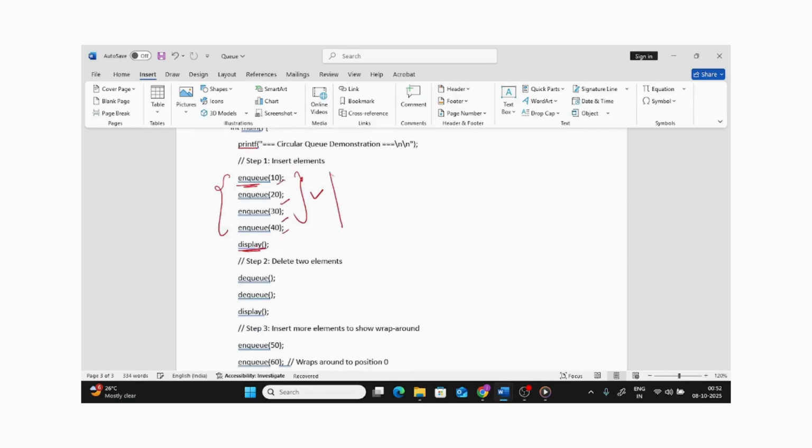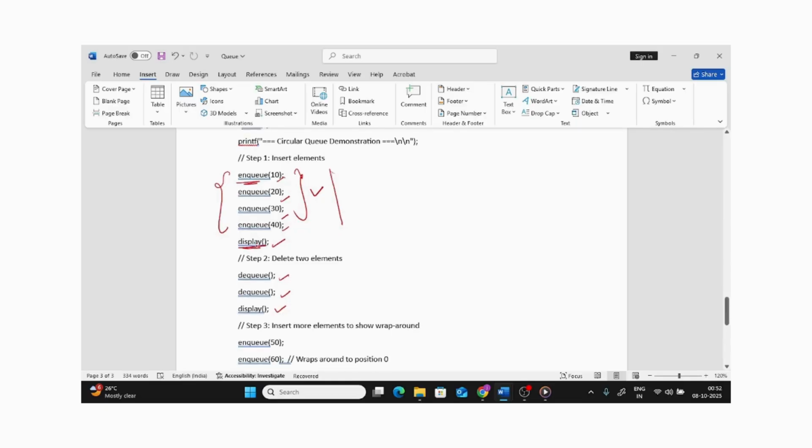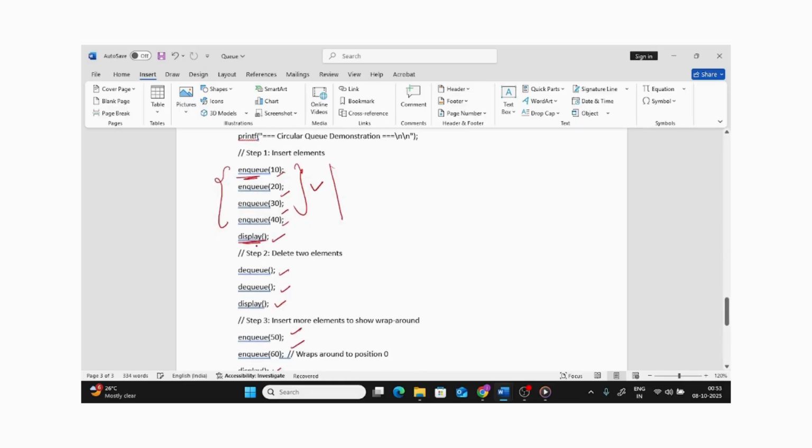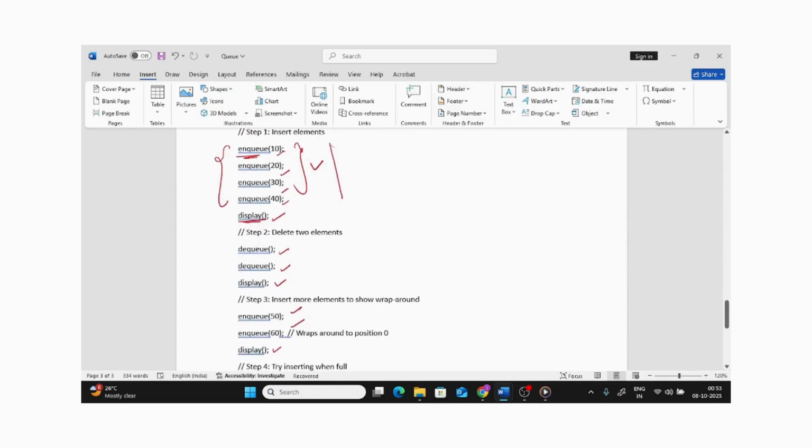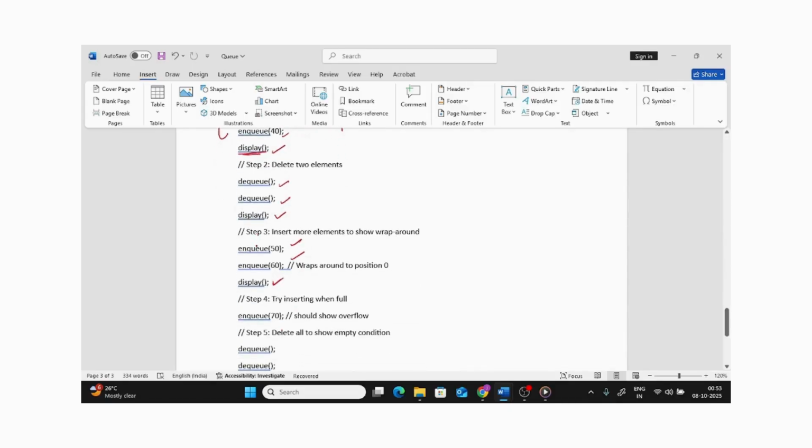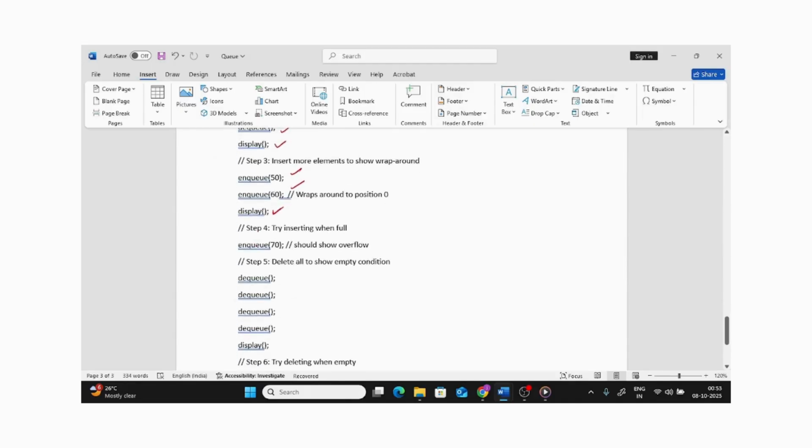10, 20, 30 and 40 were displayed. Then we dequeued the two elements, that is 10 and 20, and displayed whatever elements were left, that is 30 and 40. Then we enqueued 50 and 60, and displayed the elements: 30, 40, 50 and 60. Therefore now we would like to again insert